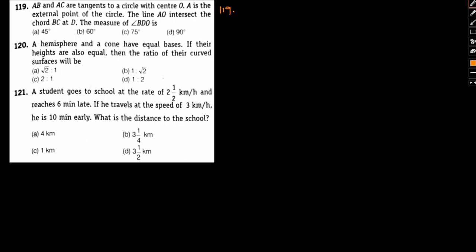Okay. So we have a circle with center O. And what we have, AC and AB are the tangents. So we have a point A here. Line AO intersects chord BC at D. So we have this particular line AO, and we have two chords over here. One chord being